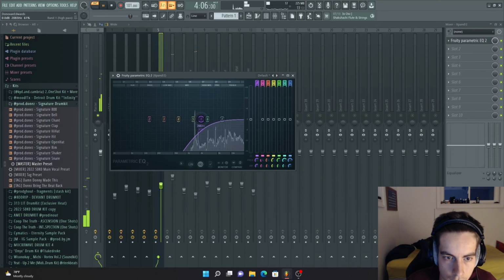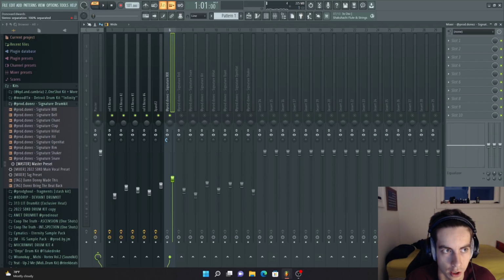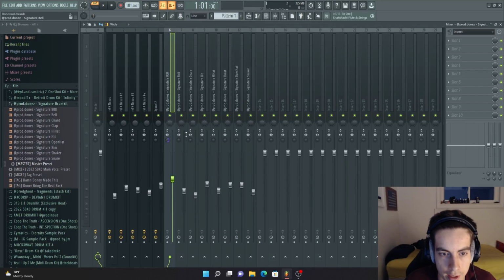With your 808s as well, I would merge them, which is this purple. Don't drag to the blue, drag to the purple 100%. And you should be all set with your